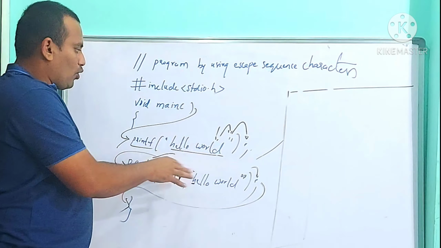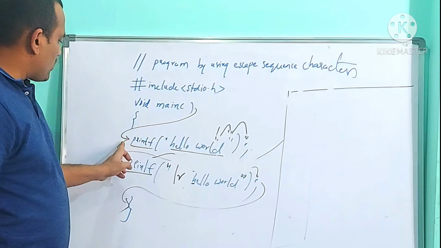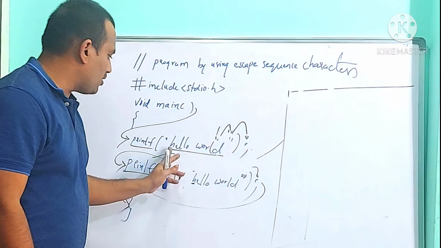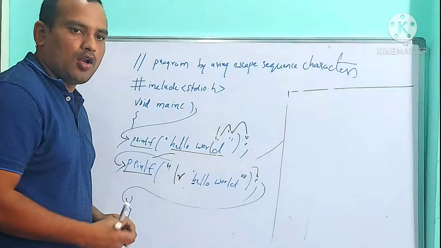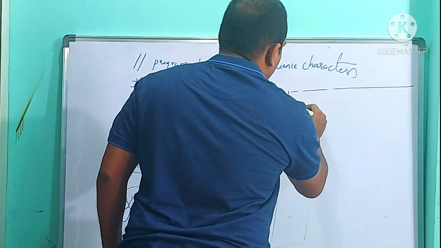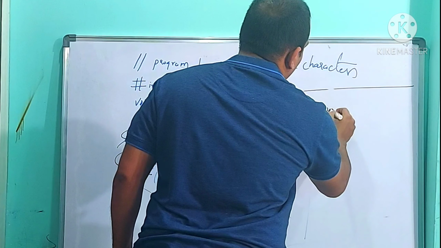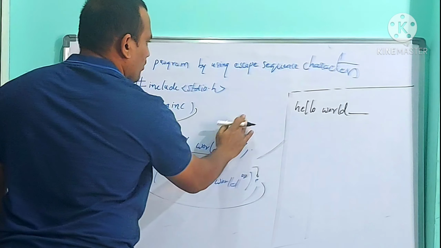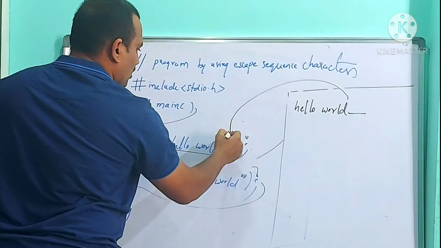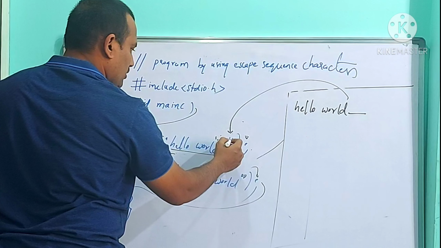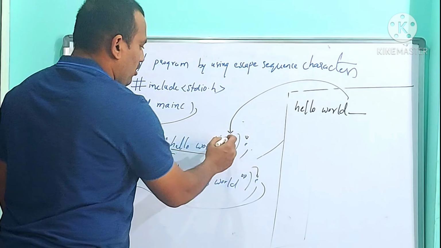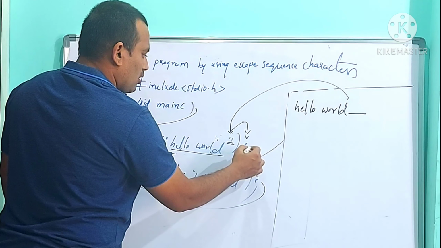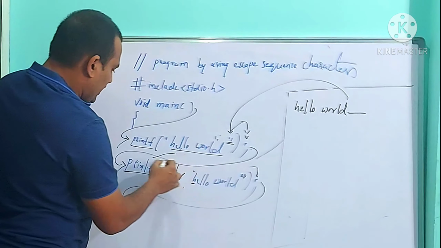For example, this is the program. I execute this program. The runner comes to the first line, printf hello world. Printf means it has to print the message that exists in the double quotation. What is there in the first double quotation? Hello world. So the runner prints the message hello world. Now the cursor is here. After printing d, it comes to the ending double quotation, which represents the end of the content. Then it goes to the semicolon, the end of the statement. When it reaches the end of the statement, it goes to the next statement.